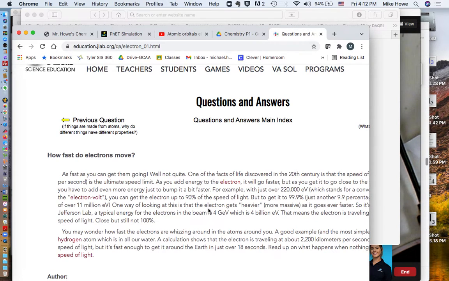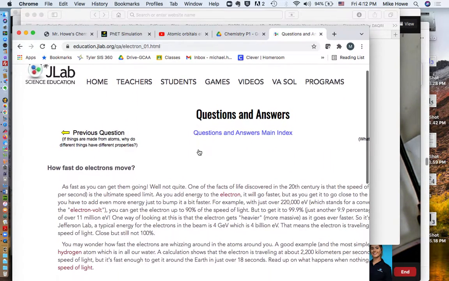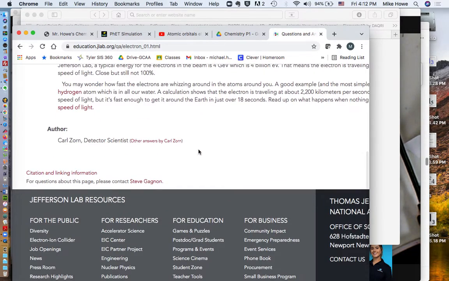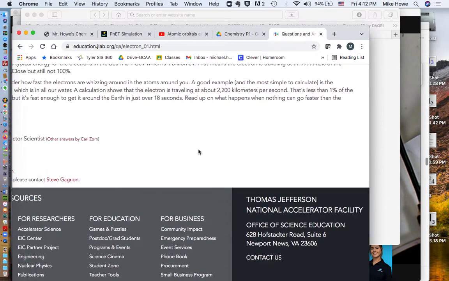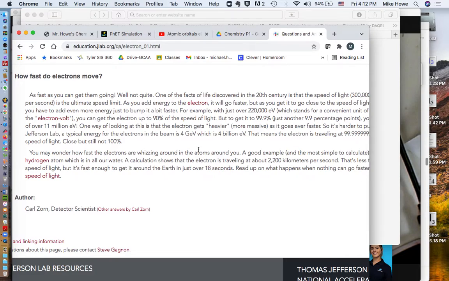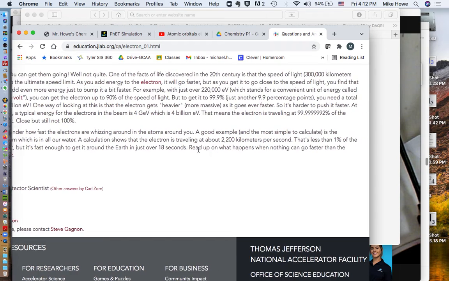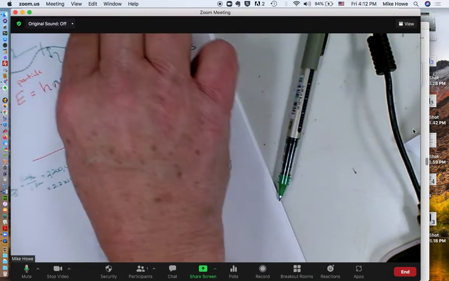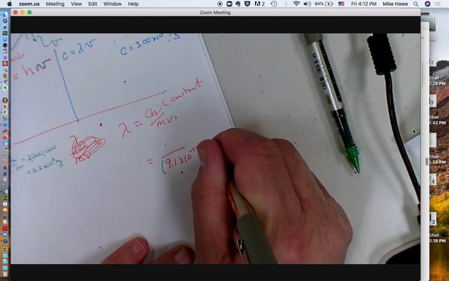So here we are in part 2 of the video, and this is from JLab, Jefferson Lab Resources, Newport News, Virginia, Thomas Jefferson National Accelerator Facility, so it's a reputable source. And they say the electron's traveling at 99% the speed of light, but in the atoms around us about 2,200 kilometers per second. So if we assume 2,200 kilometers per second for velocity right here,